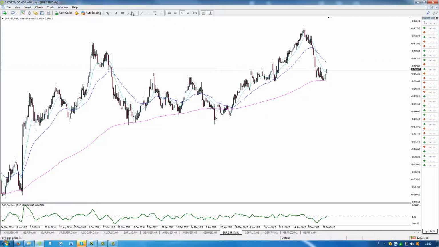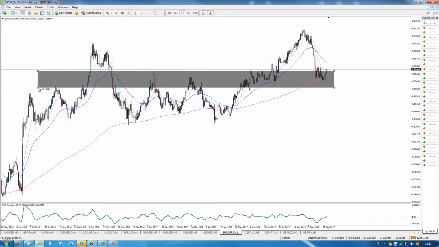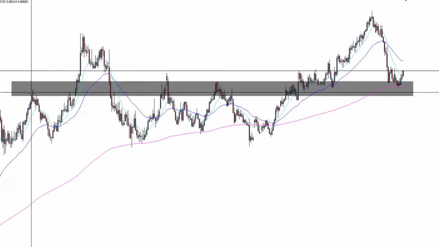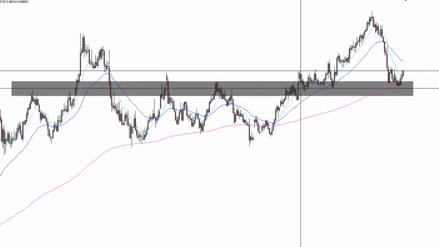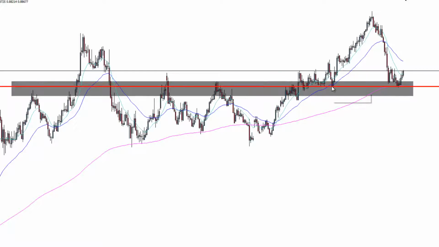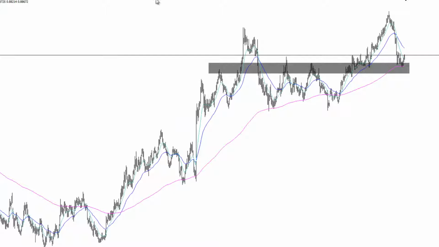Okay, another thing which is very interesting is that we have sort of a zone right here. So you can see this swing high and also this one. We have this swing high, some here as well, right here as well, and some touches in that area as well. So we might actually draw the line. You can see the recent price action right here, right here, right here, and almost. So this might be a very strong area based on a structure, horizontal structure, EMA 200,